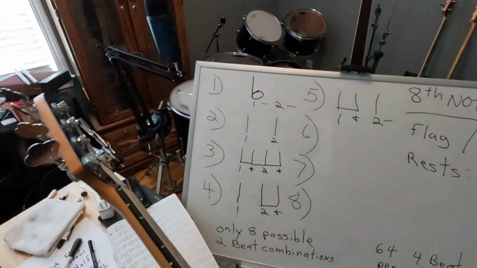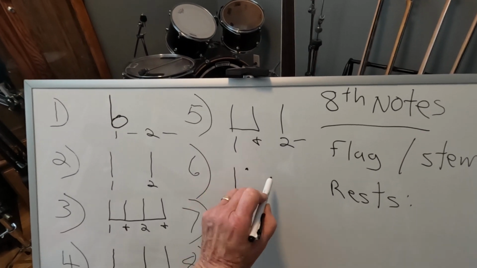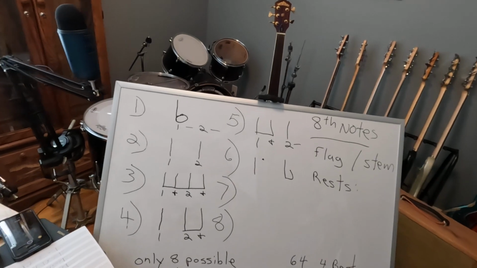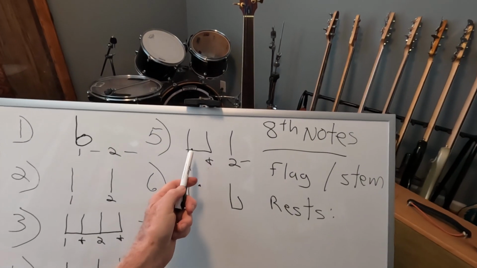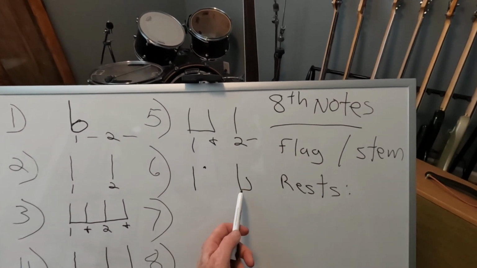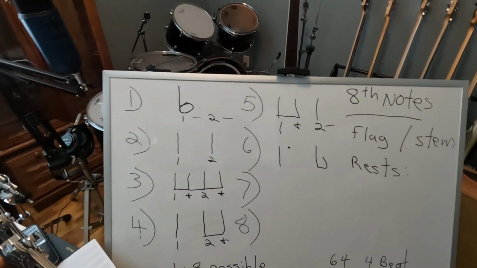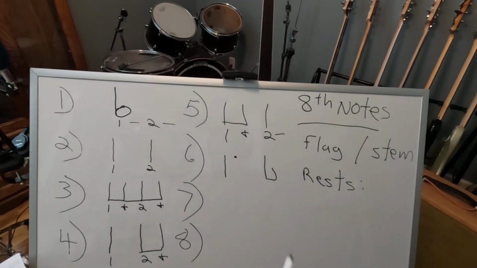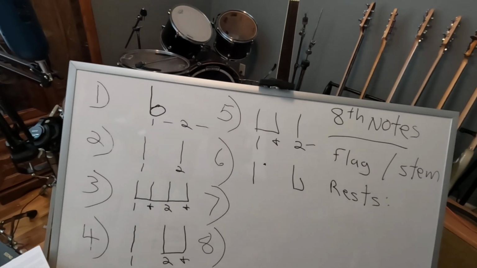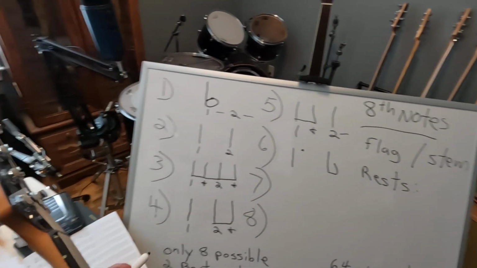All right, pattern number 6 introduces the dot and the flag. All right, this is 2 8th notes connected for ease of reading. This is just 1 8th note and it uses a flag. Okay, I guess you'd probably call that a bar, but actually I've never really thought about it. The stem, this is the stem. Anyway, 6 is